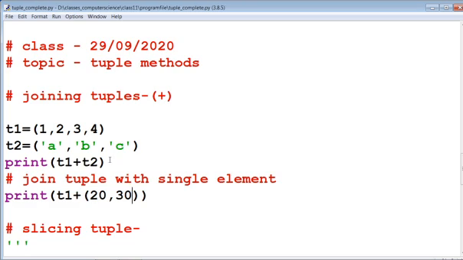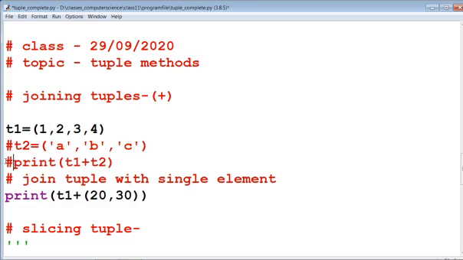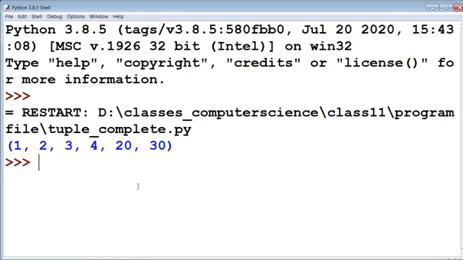Now if we comment this line t2 and this print statement, the value of t1 is 1 2 3 4 and we are going to add 20 and 30 in t1. Take the output. You can see that there is no problem. 1 2 3 4 20 30 will be added.